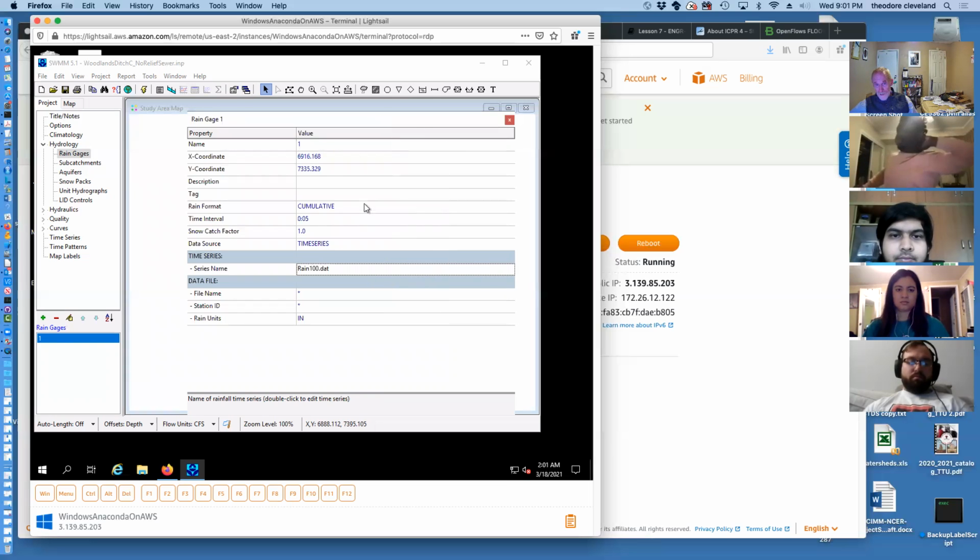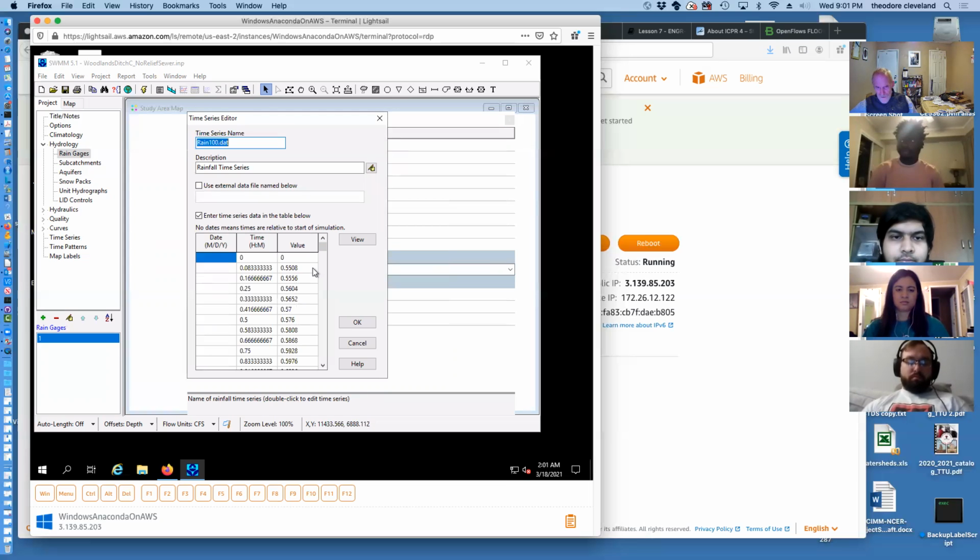I may have to change that. Let's see if those are intensities. 5.5. It looks like it's accumulating up to